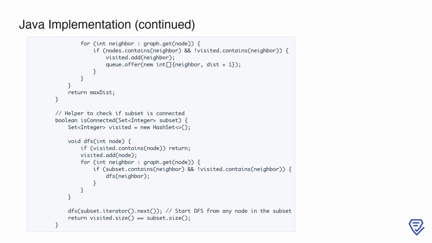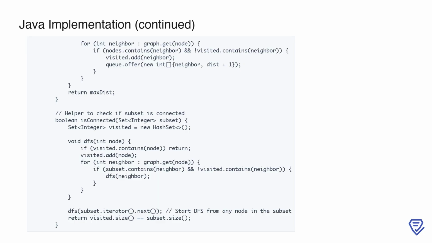The DFS function recursively visits neighbors that are part of the subset and haven't been visited yet. After the DFS completes, we compare the size of the visited set to the size of the subset. If all nodes in the subset have been visited, the subset is connected, otherwise, it's not. These two helper functions, BFSMaxDistance and isConnected, form the foundation for solving the problem by allowing us to evaluate properties